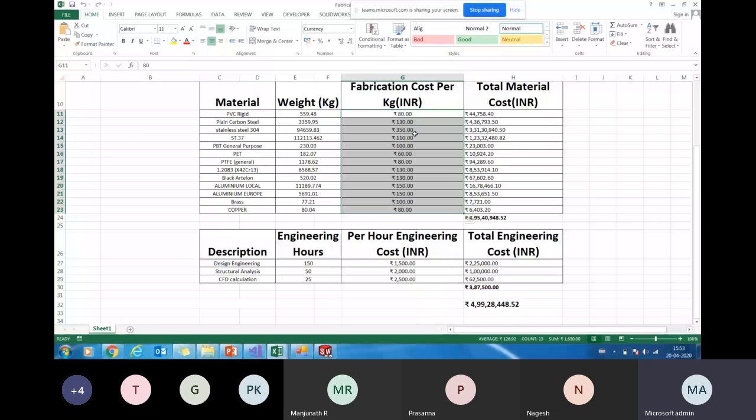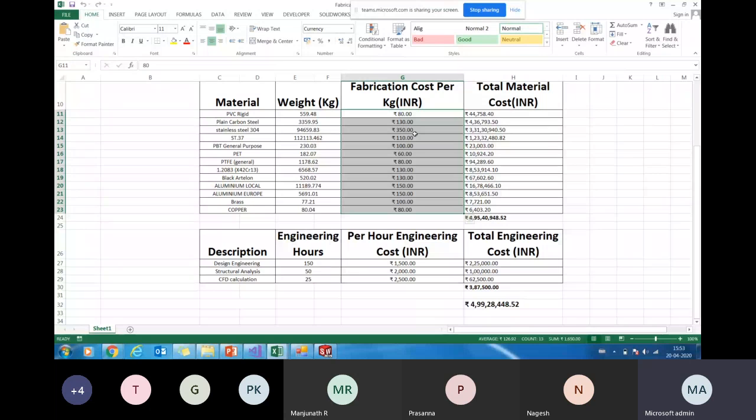I've been associated with a company called Camfil Air Filtration. We used to make air filter systems for gas turbines. I used to do the complete costing, make the complete layout, and get the costing. So I used that experience of how we did the costing part, and incorporated it based on that.